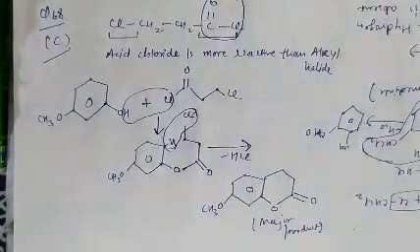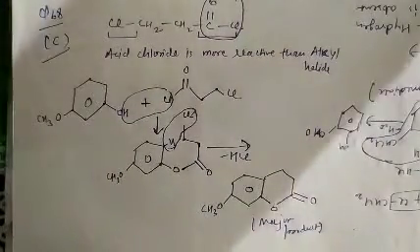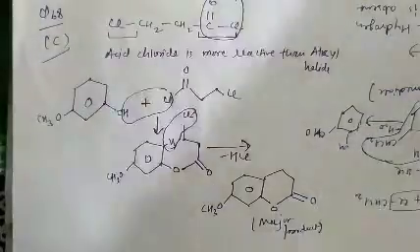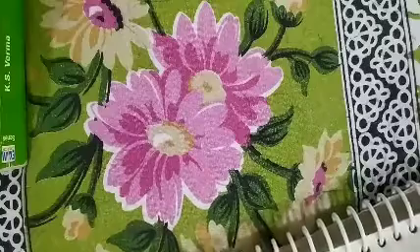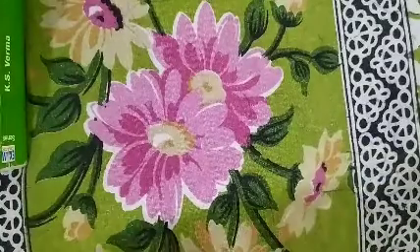See question number 69. In question number 69, what is given there? Question number 69 is basically an assertion reason based question. Phenyl is used as household germicide. As we know, phenol is an effective germicide.